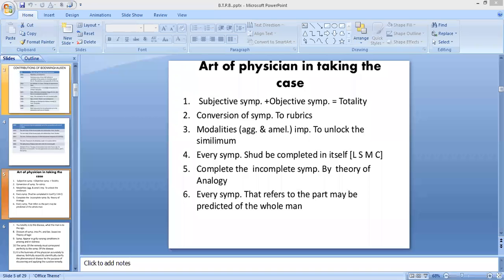In yesterday's lecture, we discussed gradations or evaluations, how Dr. Boenninghausen gave grades to the medicines, and how the concept of gradation came to the mind of Dr. Boenninghausen: while going through our materia medica, he noticed that there is a difference in frequency and intensity in